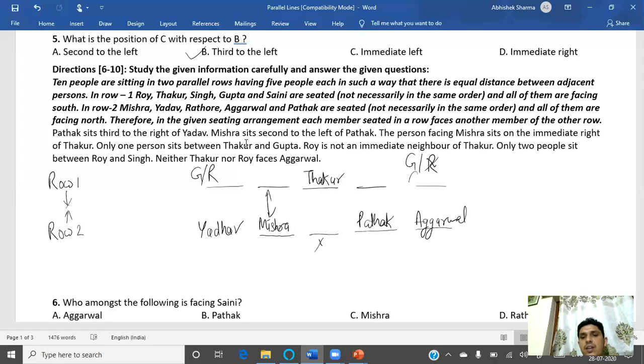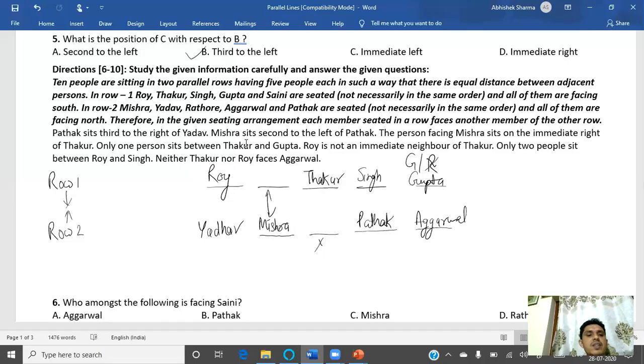If Roy is not here, so that means inevitably Gupta must be here. And if Gupta has seated here, so inevitably Roy must be here. And there was a statement like only 2 people sit between Roy and Singh. So if Roy is here, so Singh must be here,